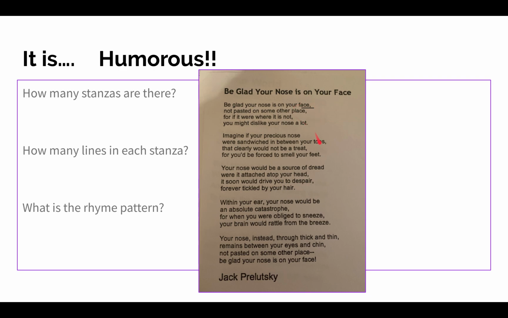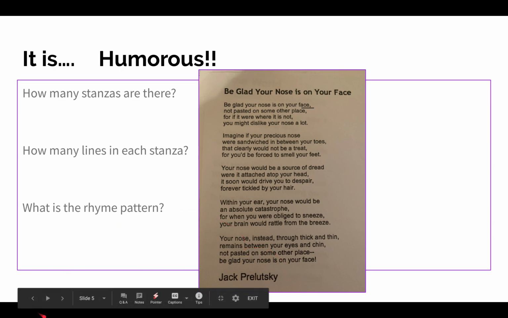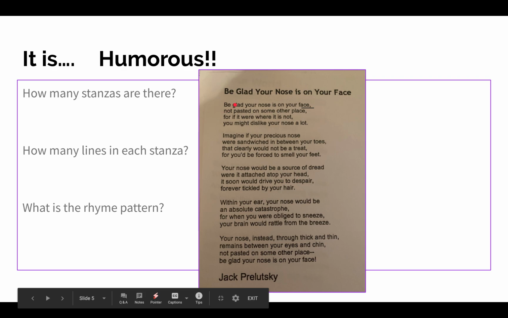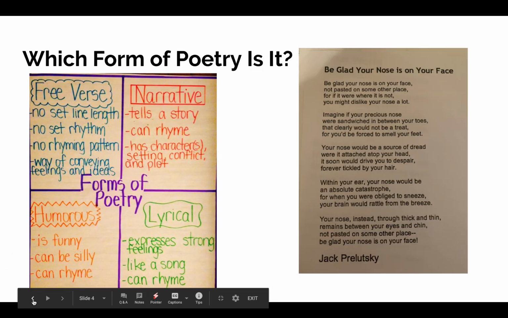Okay, I'm not so worried if you know the rhyme scheme. I just thought I'd show you. So if you see here, it's doing the same thing. The first 2 are rhyming words: nose, toes, treat, feet. So it's A, B, B. Dread, head, despair, hair. Again, the first 2 ends of the lines rhyme, and it continues throughout that. So stanzas are the groups. Lines are what's on each one.